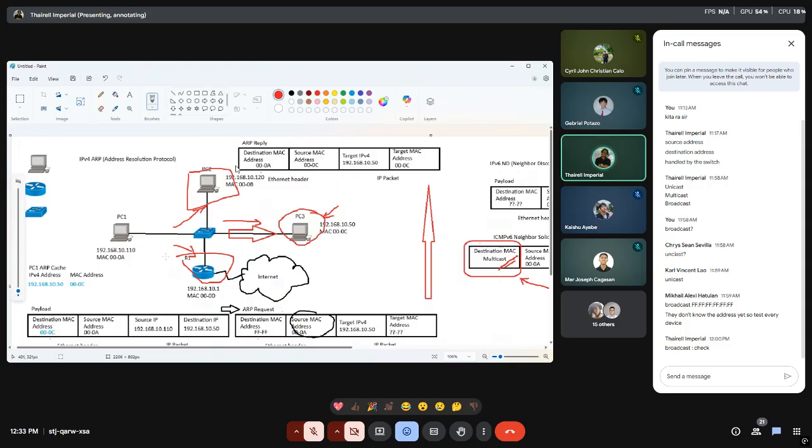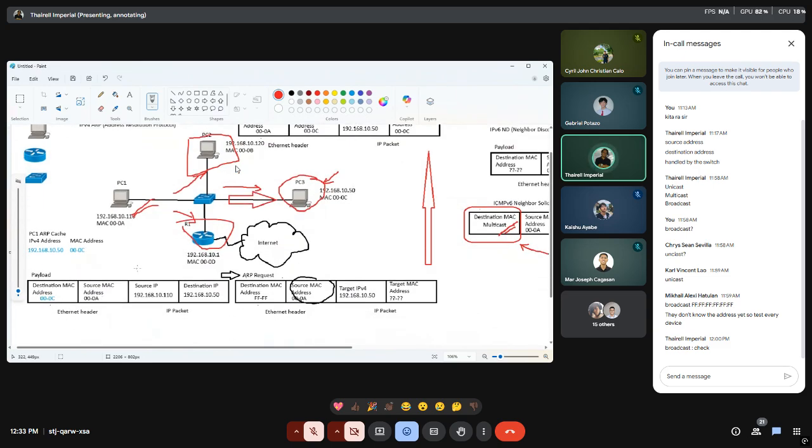So PC1 receives that packet, stores the IP address, in this case the IPv6 address, and the corresponding MAC address of that IPv6 destination address. And the on-hold payload will now eventually be sent back towards the intended device.